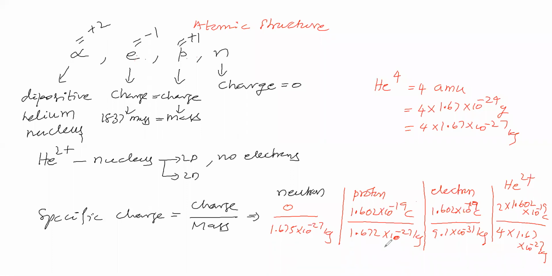Have an idea. Now, proton and alpha particle we will see. Here 10 power minus 27. Here also 10 power minus 27 in the denominator. Then numerator and denominator, 2 and 4 are there, so we will cancel them. This 2, 4 will cancel. Therefore, here 2. Okay. So, we can say the numerator is the same for proton, electron and alpha particle.